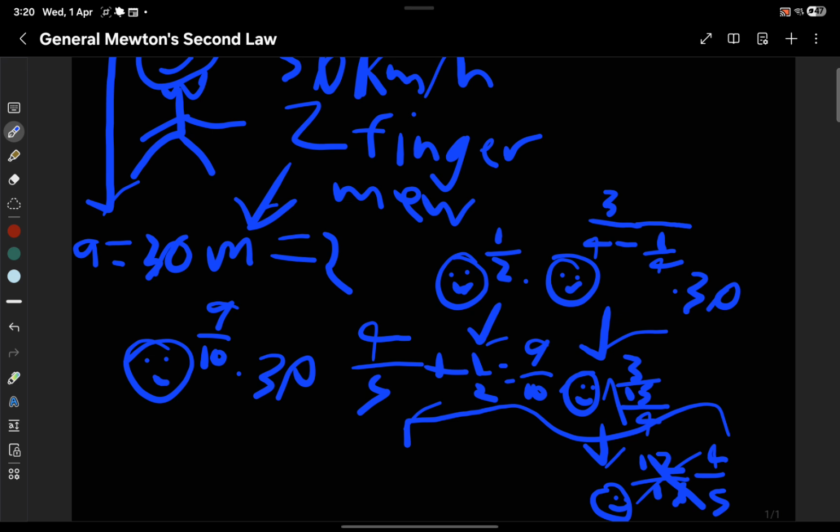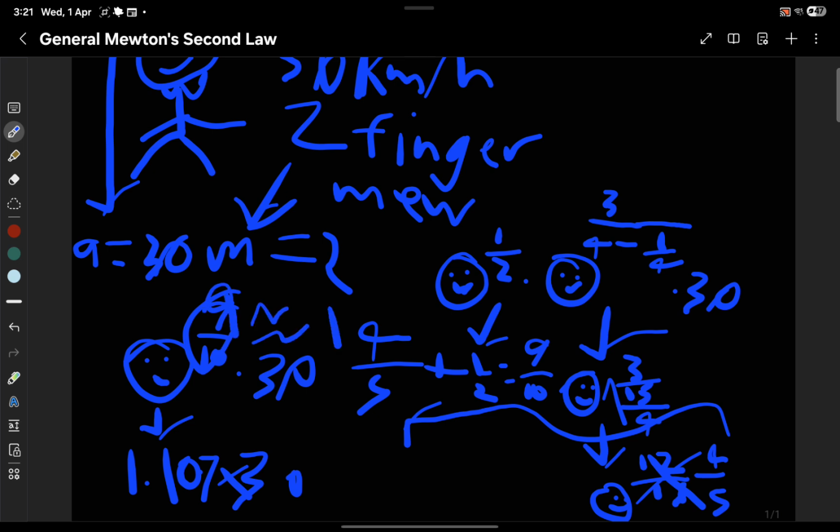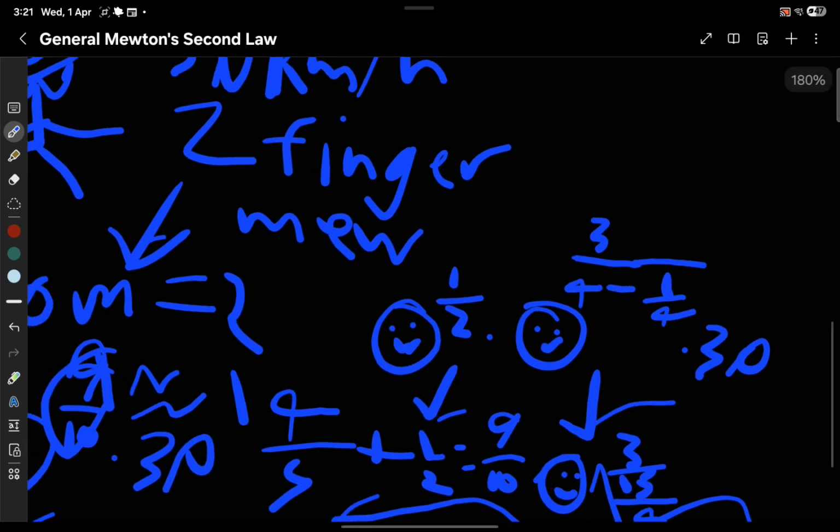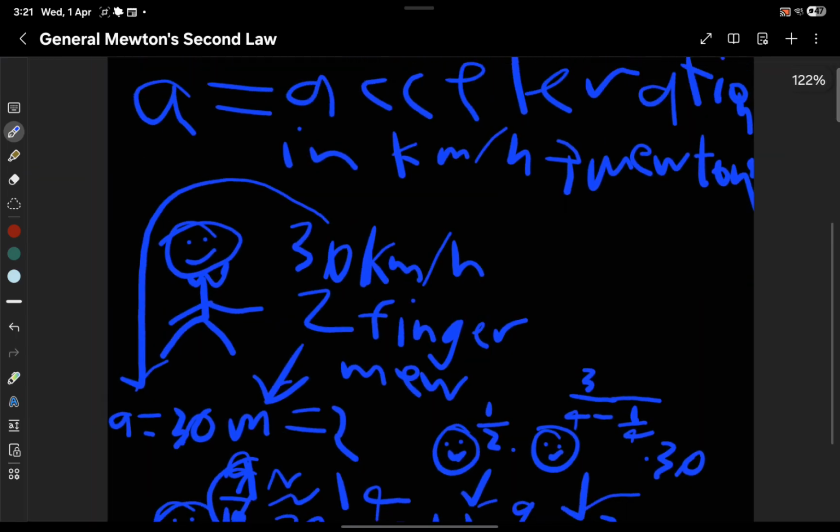Well, since the smiley face is approximately 1.107, we can estimate the root. So this is really close to 1. This is basically approximately 1. So let's just take away, bang. So therefore, we get an approximation of,